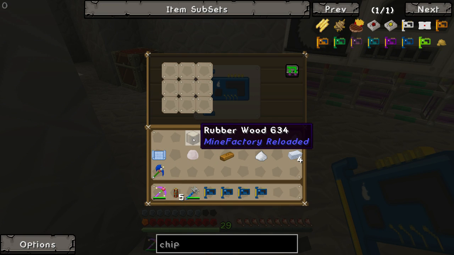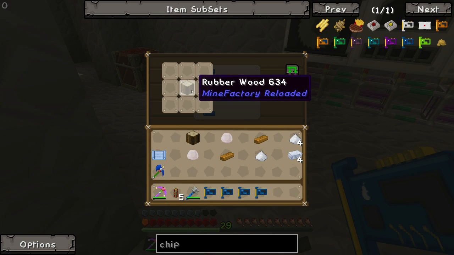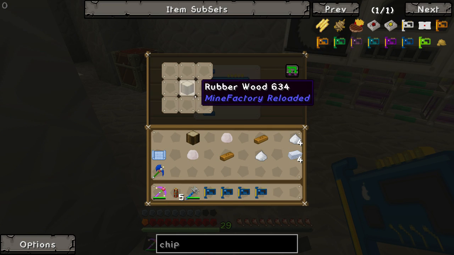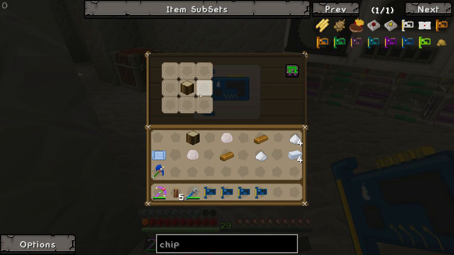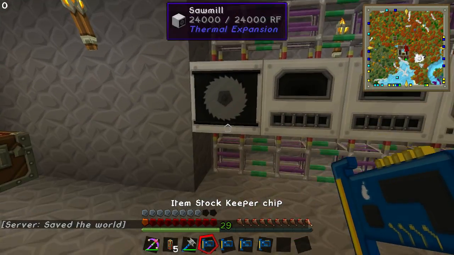And what I'm going to do is I'm going to say, I want one piece of rubber wood. Now I can put this anywhere. I just put it in the middle because I'm only asking for one thing and I think it looks nice. One piece of rubber wood, and up here you have the fill mode. So refill when items are missing or refill when items are empty. So what I'm going to say is refill when items are missing,